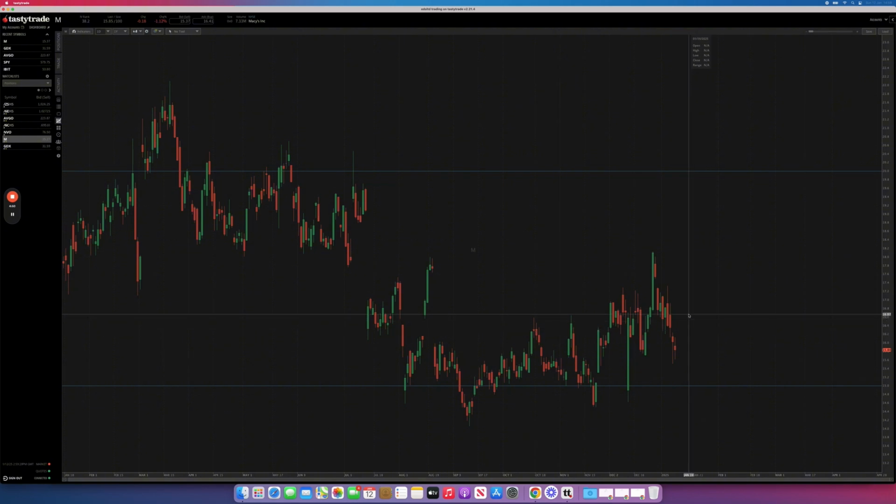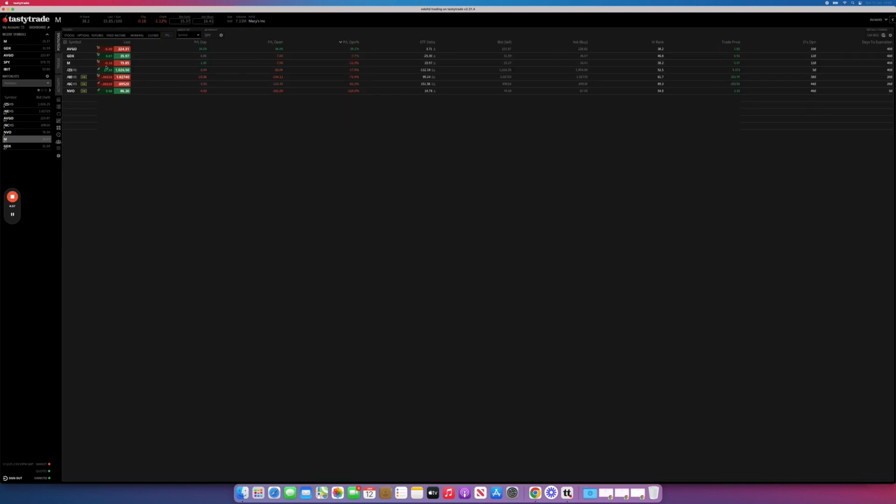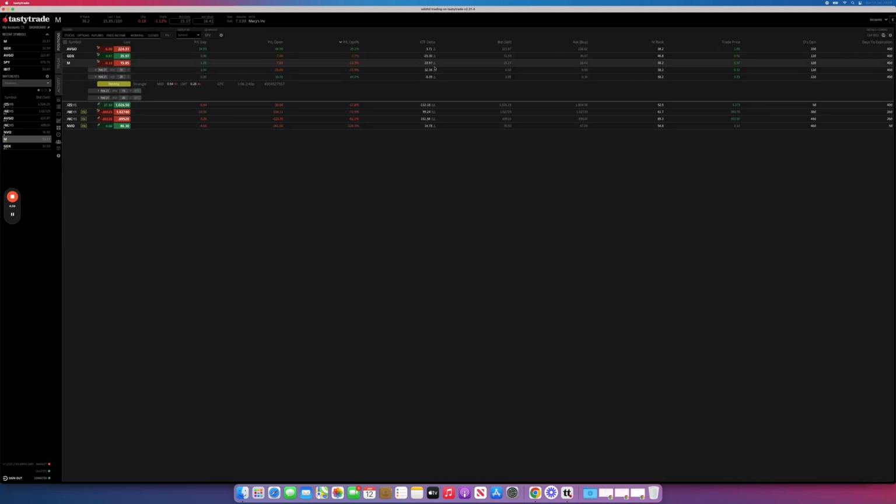But again, we are still in the range, so there's nothing really to do here. If we have a look at our net deltas on Macy's, our net deltas is currently 23.97. So if this does get to around about 30, and the same with GDX, if it gets to around about 30,